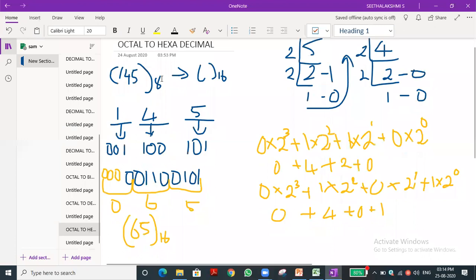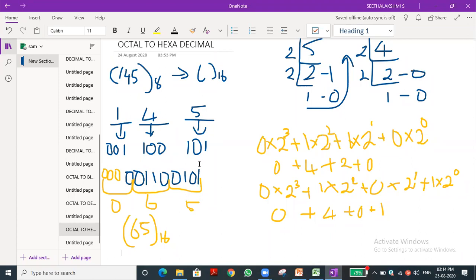Okay, first we will discuss the sum. For example, this is the octal number. The octal number we need to convert into binary. So octal to hexadecimal alone has two steps. First we convert octal to binary, then binary to hexadecimal. Okay, there are two steps. The remaining conversions we can do directly.